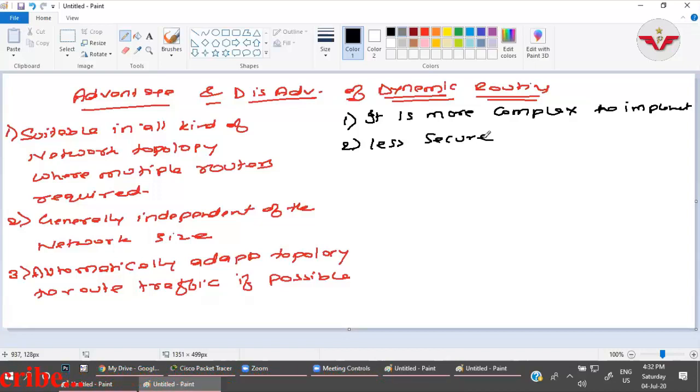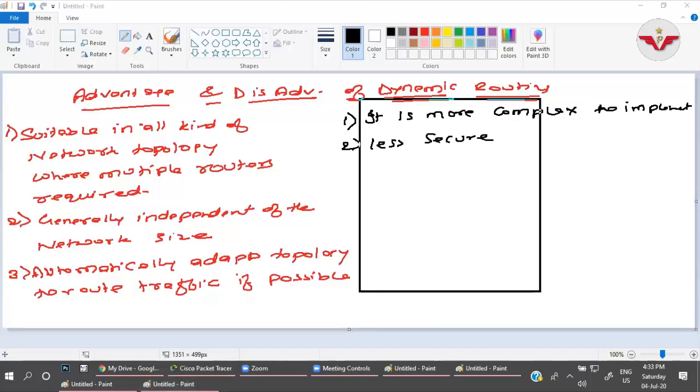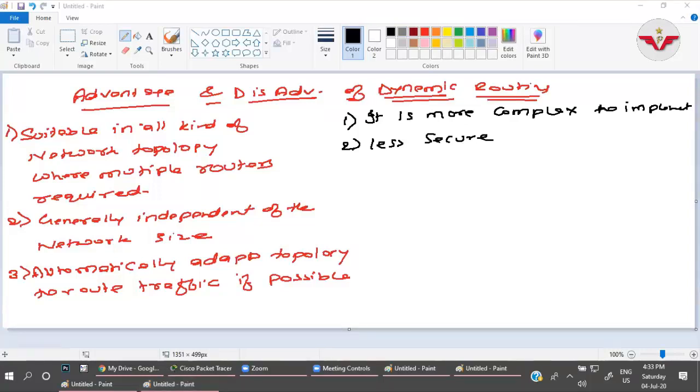I think someone is messaging. Let me check who this is. Not able to hear me? Who is this? Am I audible, guys? Yes, sir, you're audible, sir. Okay, so I don't know who is messaging that I'm not audible. So guys, whoever sent me the message, please check your settings from your end. I think the issue is from your end, not from my end. So please check that. All right.